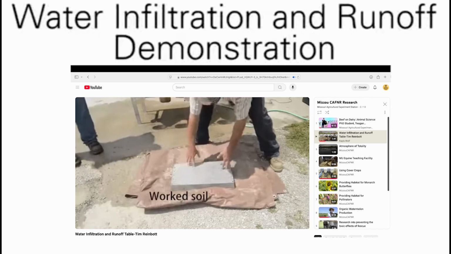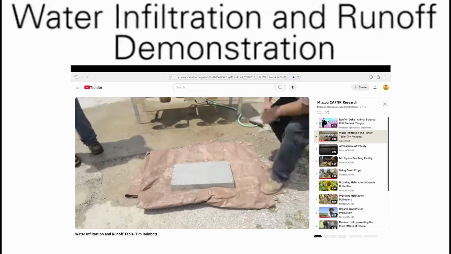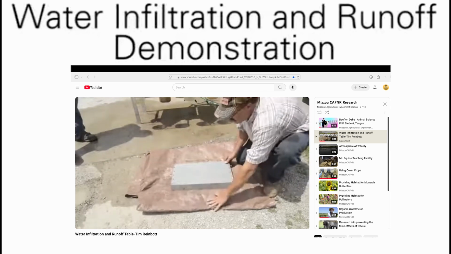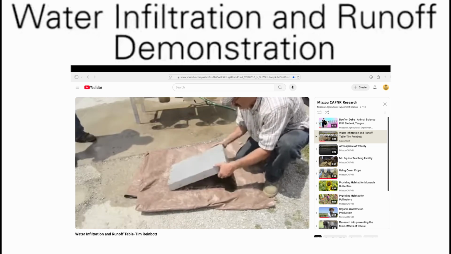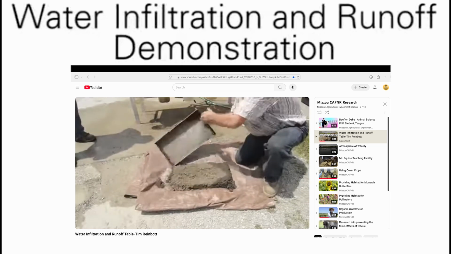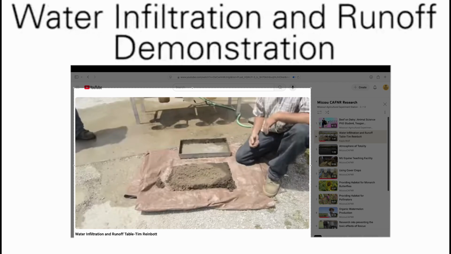They can hold more air. They can hold more water, and that's very, very important today because our climate scientists are telling us, and we're observing, that our rainfall events are getting more intense and further apart. So as a result, we need to have a soil structure that can hold more water to get us through these long drought periods. And a perfect example of that is what we observed in the summer of 2024.